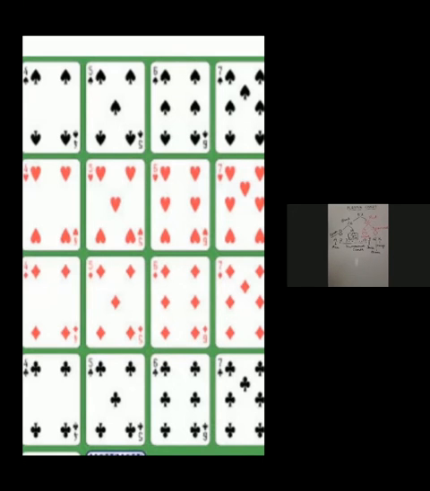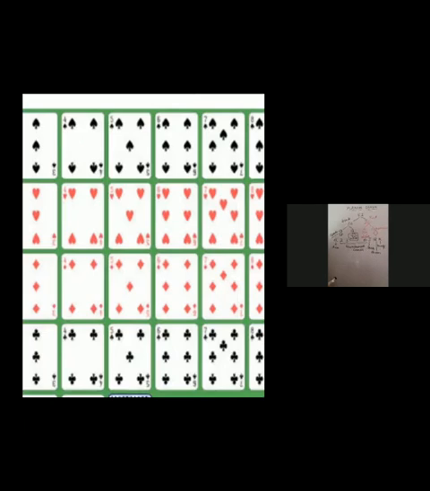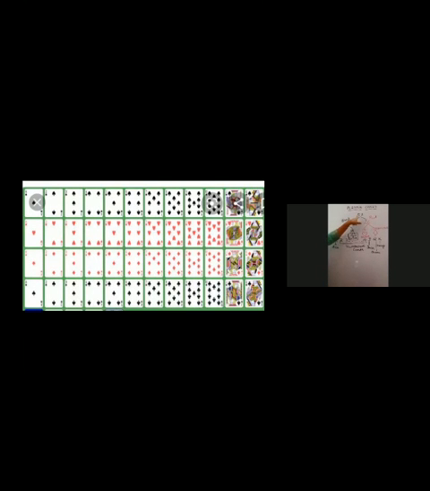Yes, ma'am. So you should know that there are a total of 52 cards, out of which 26 are red, 26 are black. Then black is further divided into 13, 13, spade and club. Red is divided into 13, 13, which are heart and diamond. And I've given you the description of those 13 cards. This is ace, 2, 3, 4, 5 till 10, numbered cards.